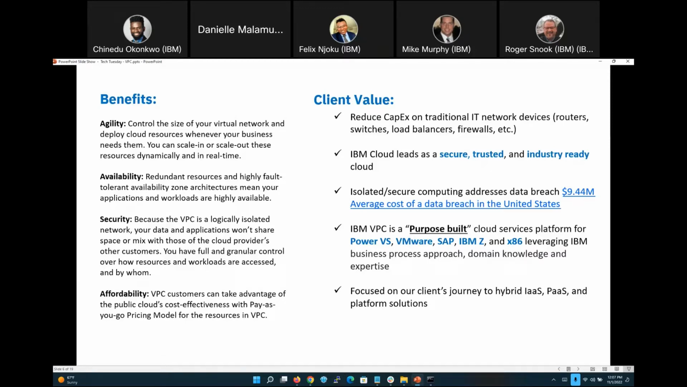So, what is the client value for a VPC? As you can see, the average cost of a data breach in the United States today is like 9.4 million. With an isolated network on your VPC, you can help reduce